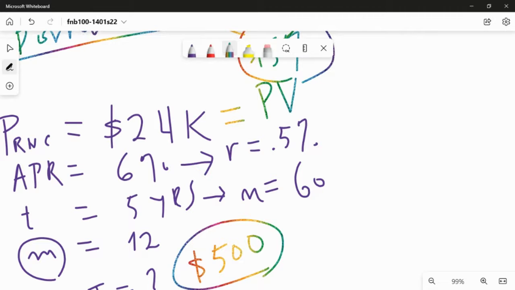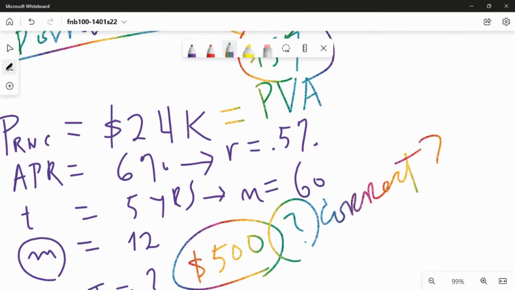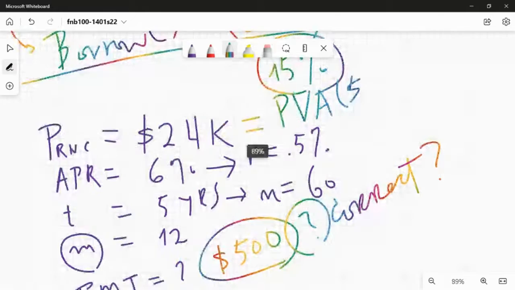If this monthly payment is the correct one, the present value of all those $500 payments must be equal to 24K. It must be exactly equal to 24K. Okay? If not, that's not the correct payment, right? So